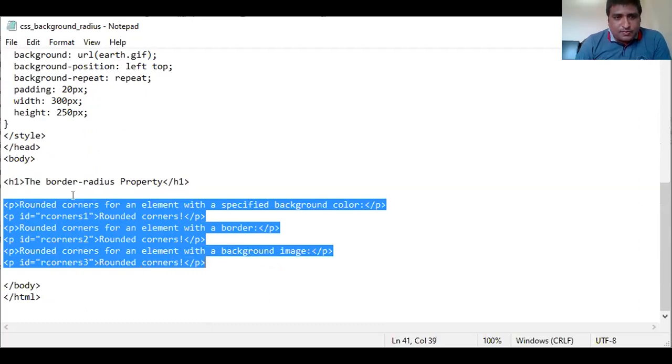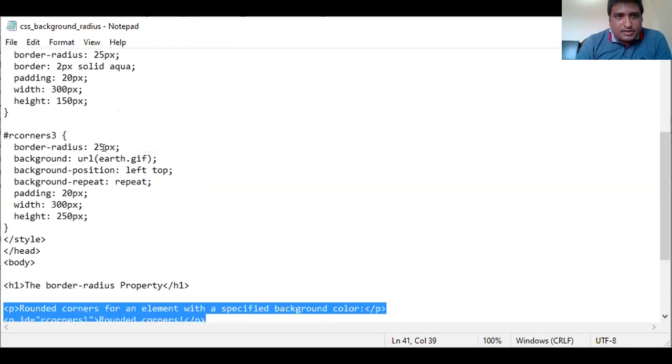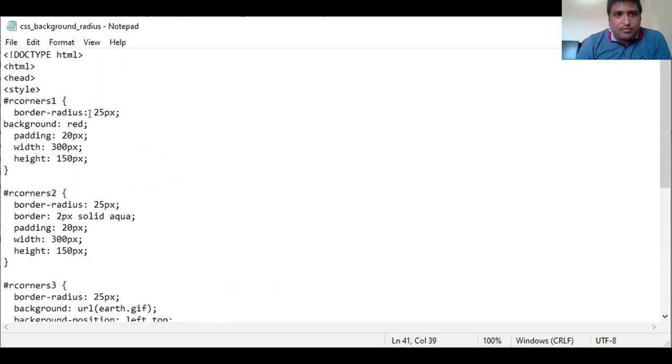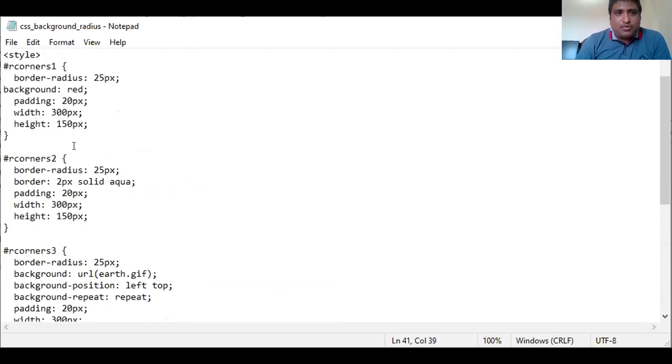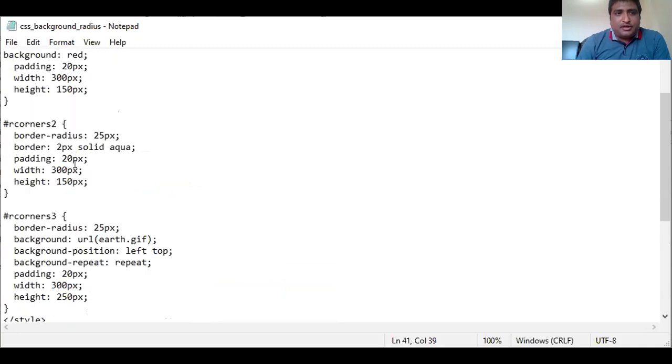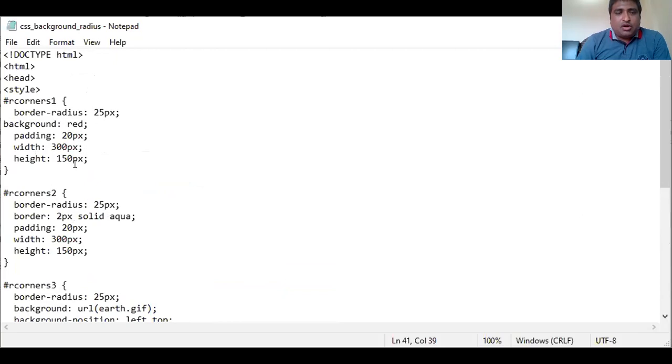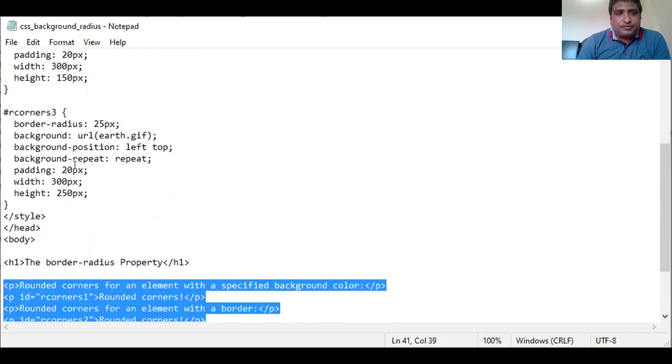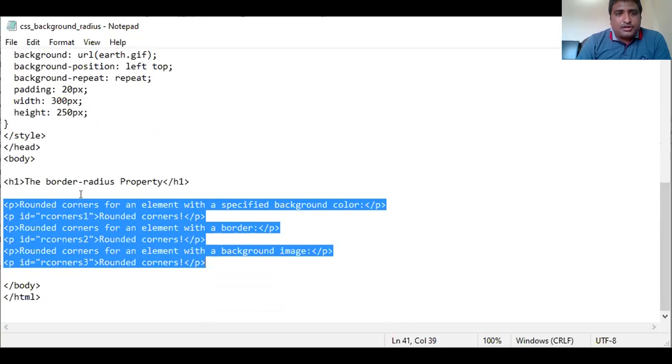So here we use the p tag to display the text. Here we use the id rc-corner1. In rc-corner1 we specify border-radius with 20 pixels. Its background is red, so we get the output with a red border and a rounded corner shape.